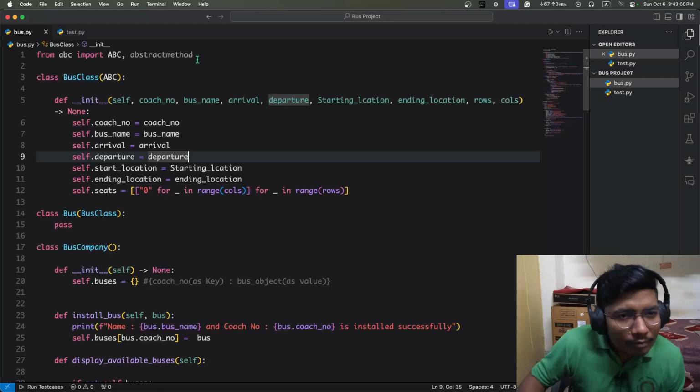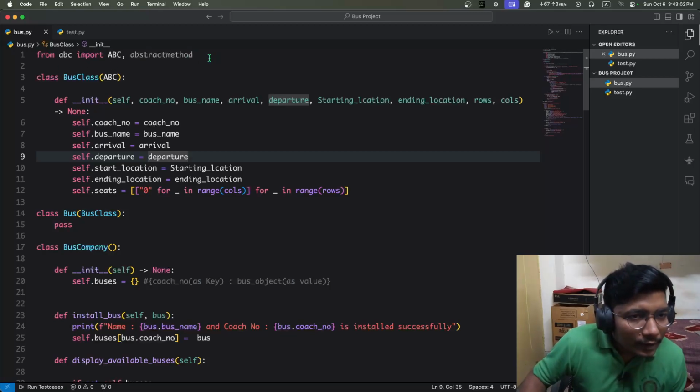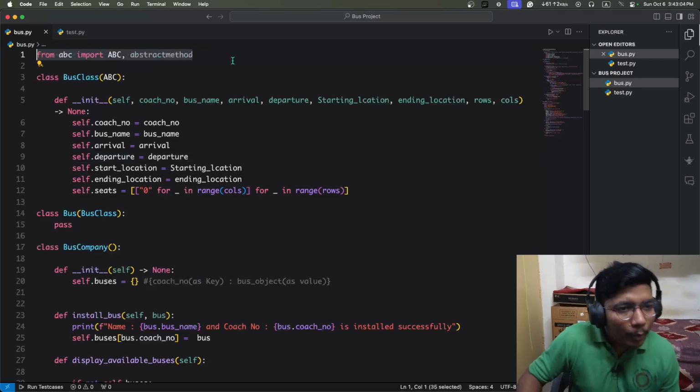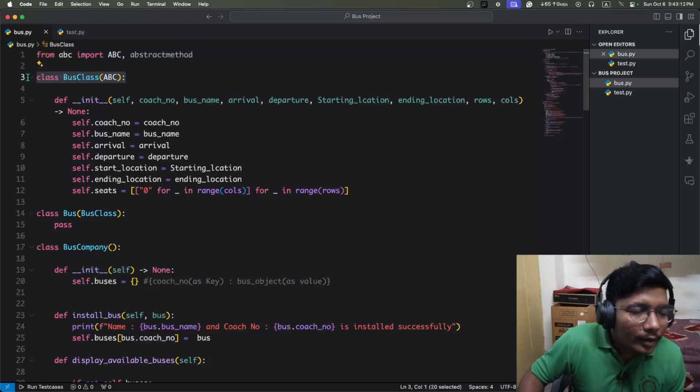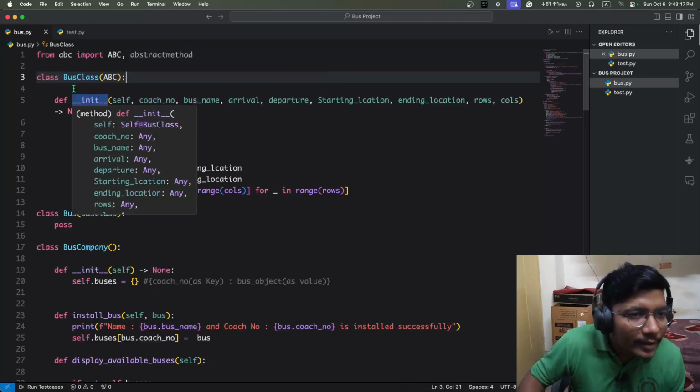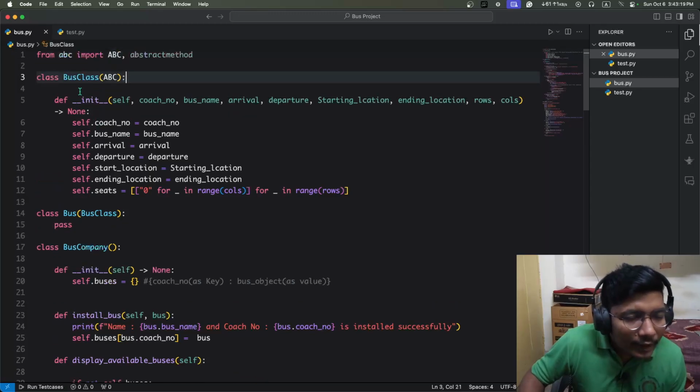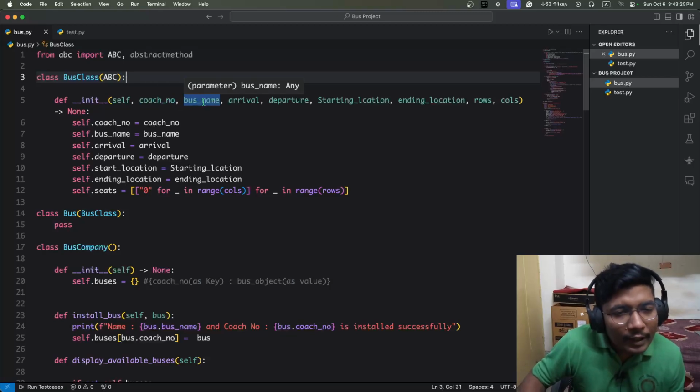First I declared on I have imported abstract base class and abstract method. After that I just made a class by using abstract base class. Then there I have initialized all of my necessary information that I have to give for